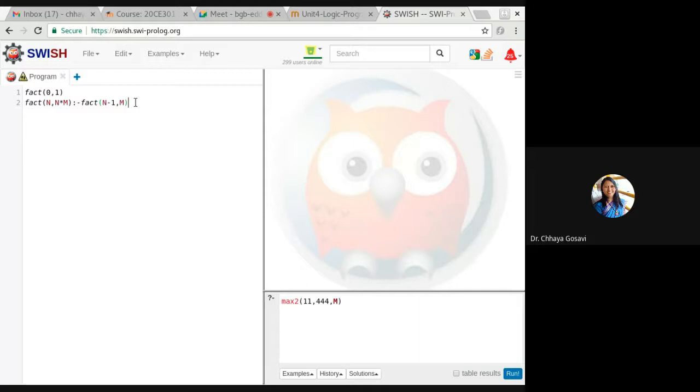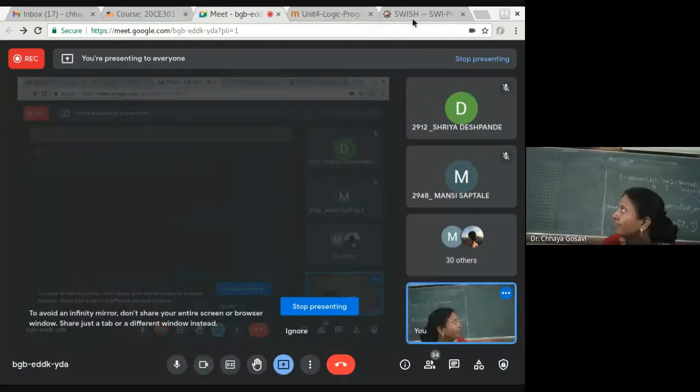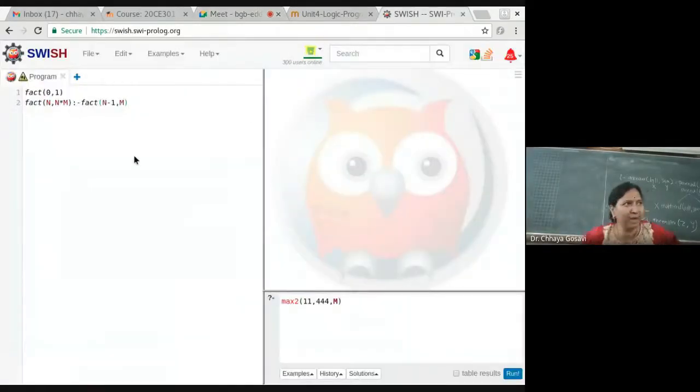If I give value 3, 3 is not matching with fact 0, 1, so it will not return anything. But it will call factorial of 3. How will it work? It should work actually. So we have these two rules, factorial of 0, 1 and factorial of n is n into m.